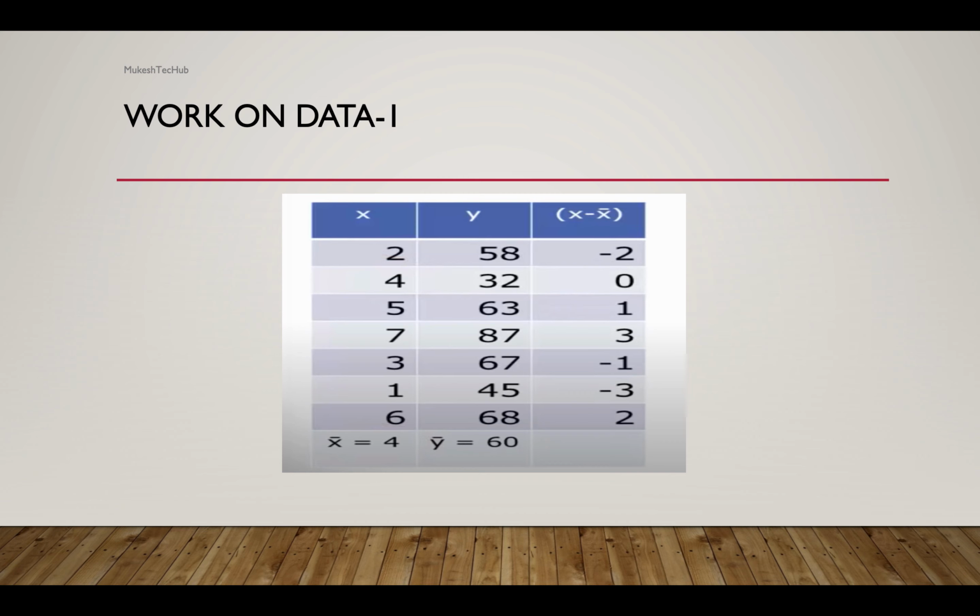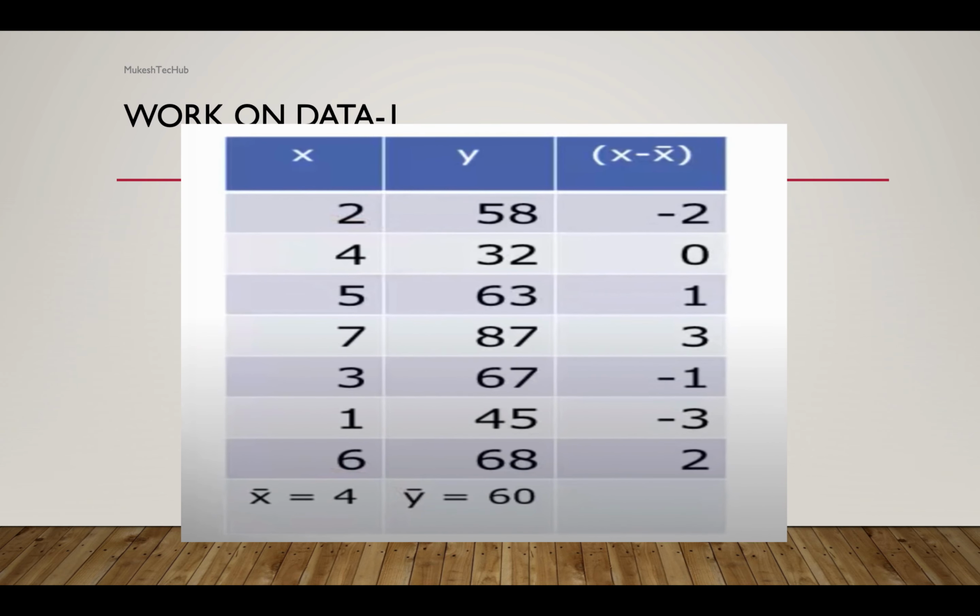Now we will calculate x minus x bar. So here x equals 2 and x bar equals 4, so the mean of complete x. If we subtract all the values, 2 minus 4, 4 minus 4, 5 minus 4, 7 minus 4, something like that, right? So here the interesting fact, if you see in the x minus x bar, the range is going up to 3, right? You will see -1, -3, 2, and above you will see 0, 1 and 3, right? Easily we can figure out here.